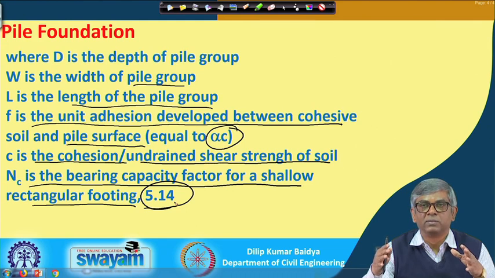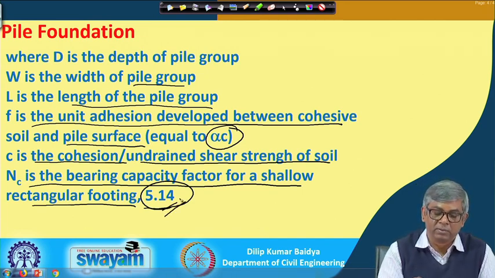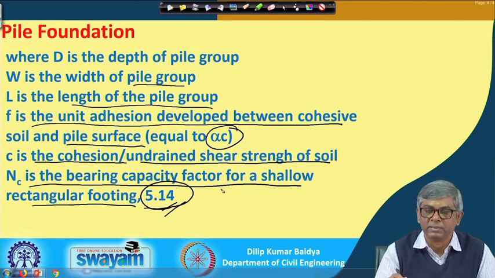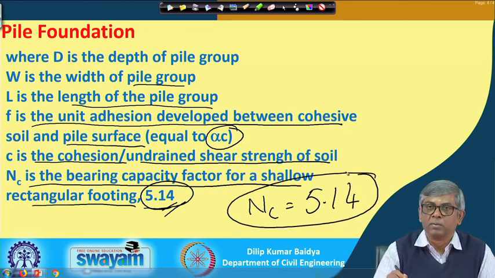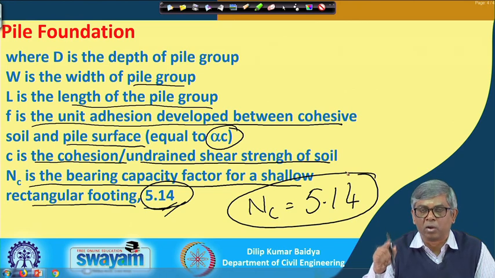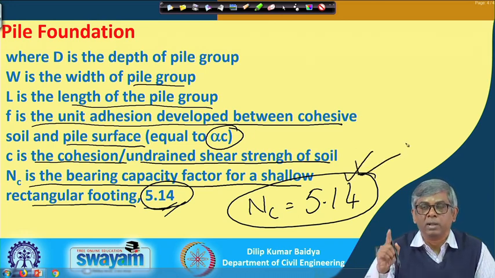But when the piles are in a group and you are considering them as a block, and that block dimension is quite big, with respect to depth we can consider it a shallow foundation if you are not increasing this value. So, when you calculate the block capacity, your N C value will be 5.14 as it was used in the shallow foundation. When the pile group is assumed as a block and you want to calculate the capacity, N C is to be taken as 5.14, whereas if you want to find the capacity of the single pile, N C is to be taken as 9. This difference should be remembered.